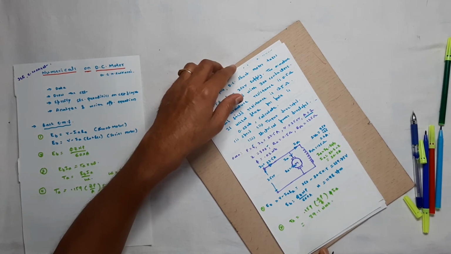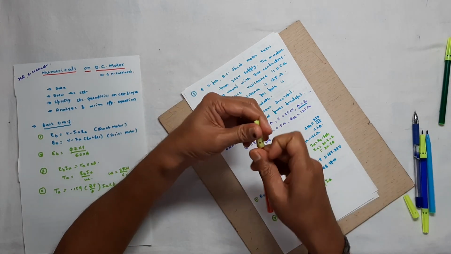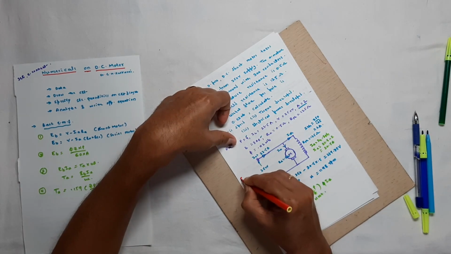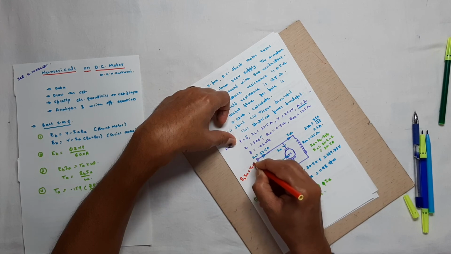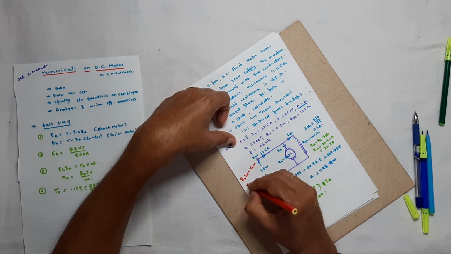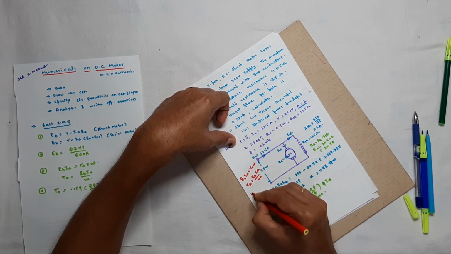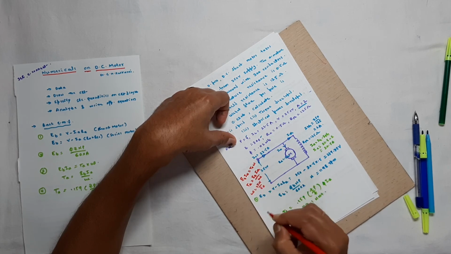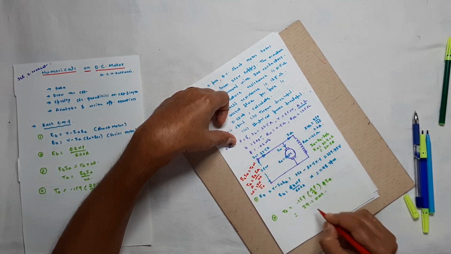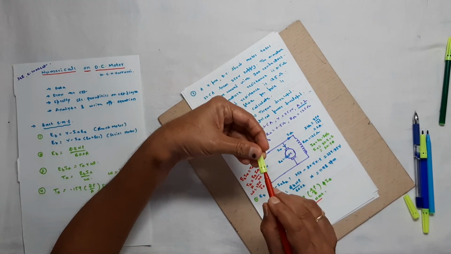That is how you have to find it out. Otherwise, we know another important formula, that is EB into IA is equal to TA into omega. Does it not? Therefore, TA is equal to EB into IA divided by omega. You find out omega. Omega is equal to 2 pi N by 60. From this also you are getting TA. You are getting the same value as 39.1 Newton meter.